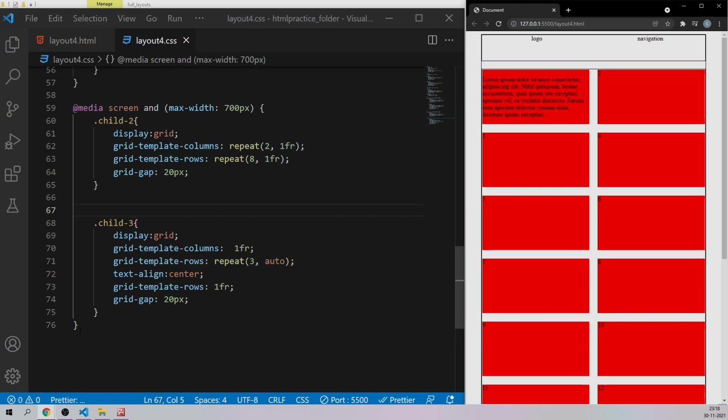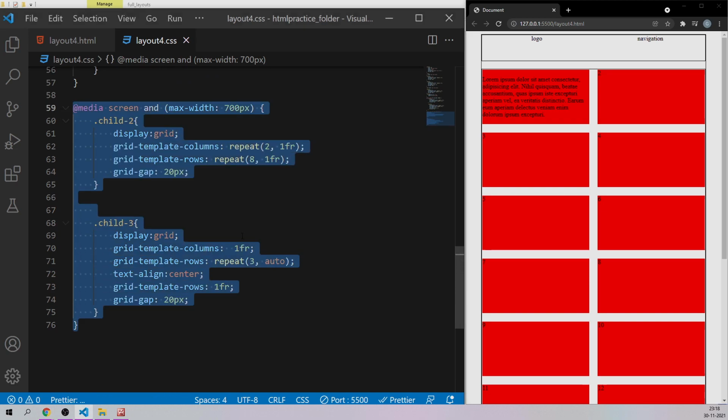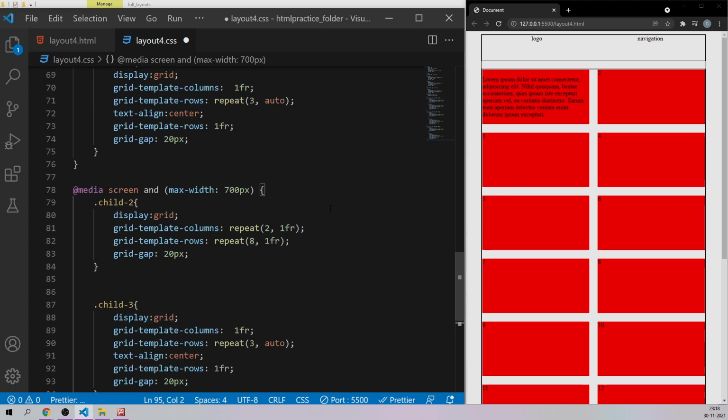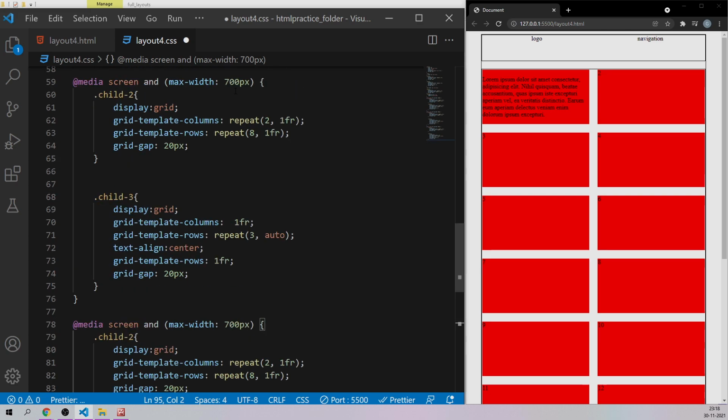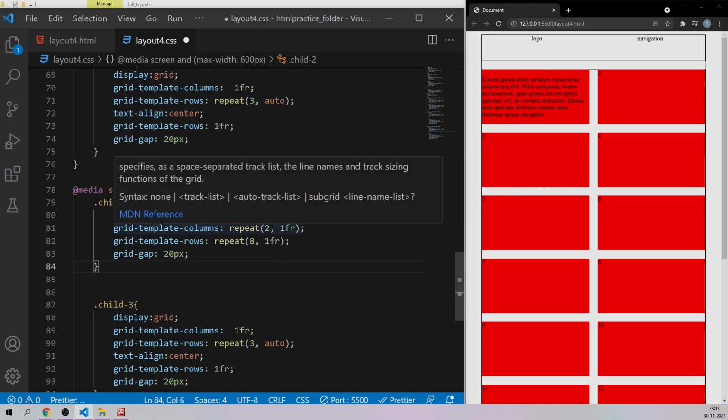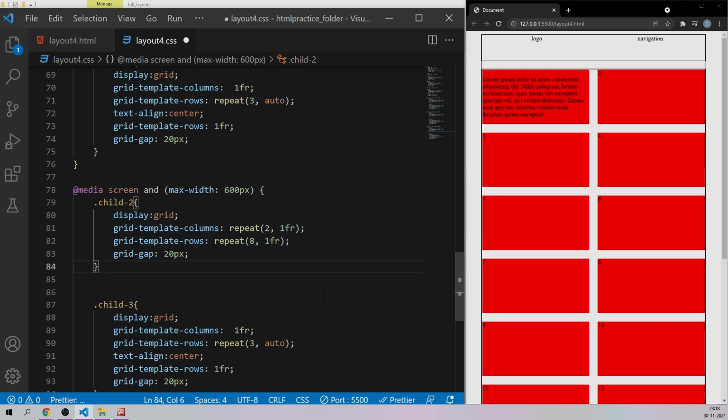So what we are going to do is simply copy this and paste it over here. This was the code for 700, and here I'm going to say if at all it becomes less than 600, it should have only one column. So let me just get rid of this and here it should have like 16.